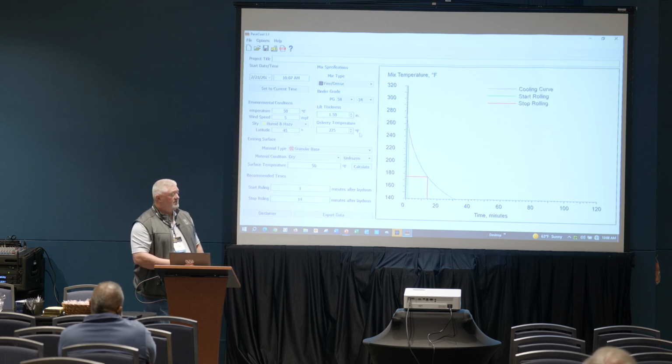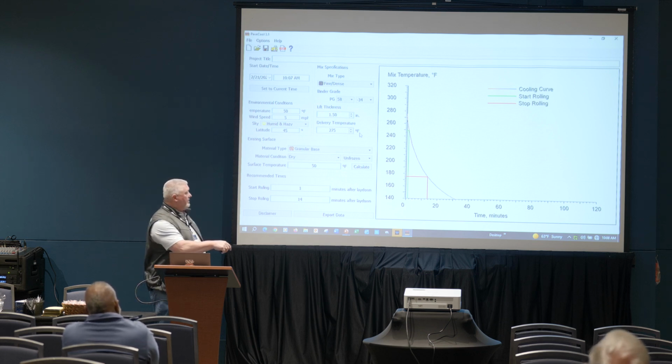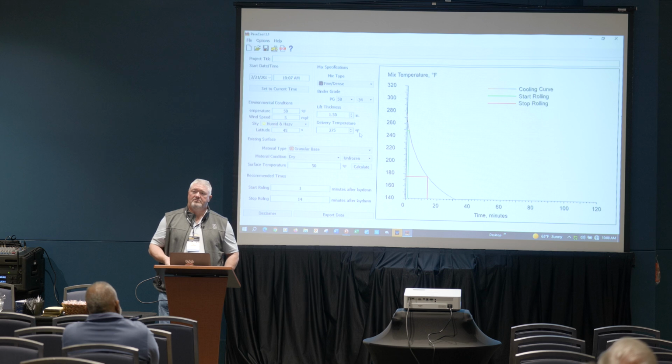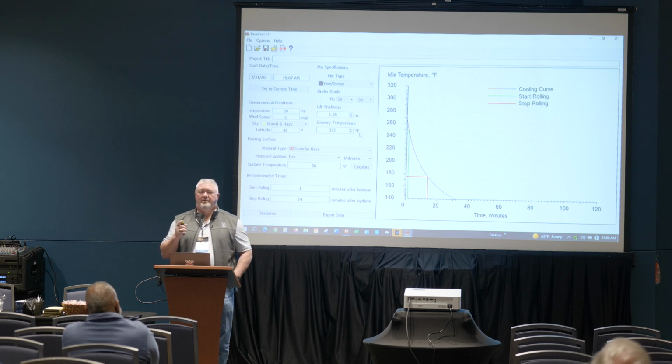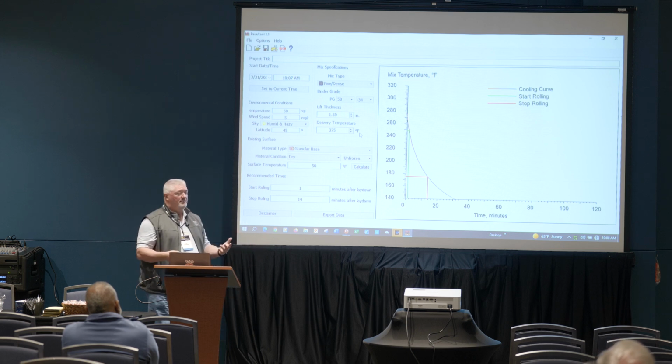That 43 minutes went down to 14. Now my window of opportunity is very narrow. And how is the paver going faster, paving 3 inches, or is he going faster paving 1.5 inches? It's going faster at 1.5 inches, and that paver is going to be further out, and I got less time to compact. So a lot of times when I look at this, I make suggestions instead of using the rollers